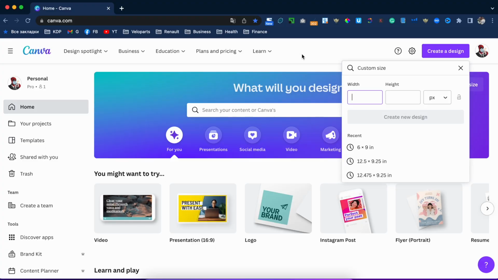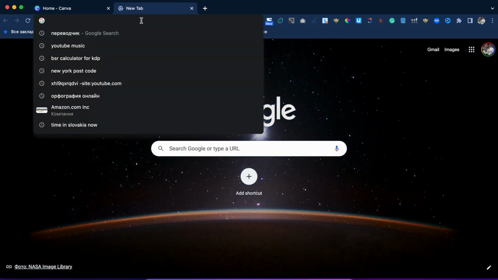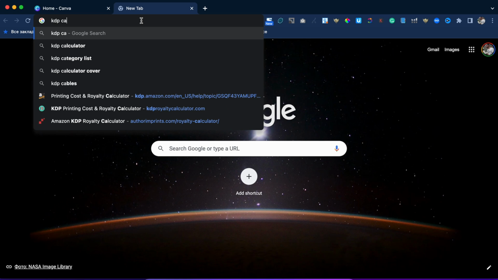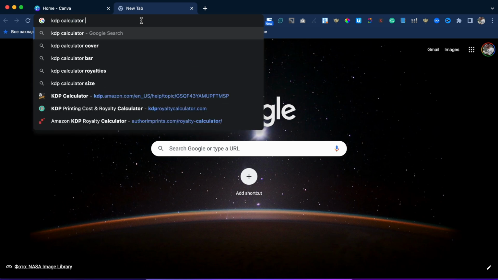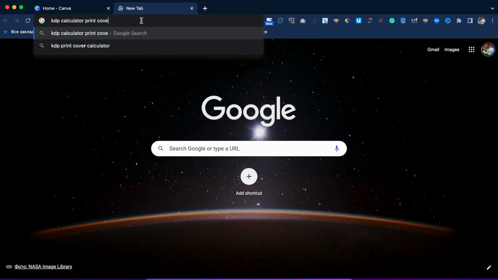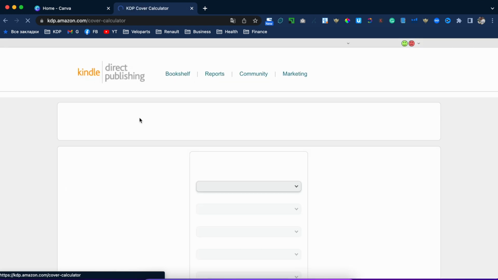That's why what we should do is go to Google and type KDP calculator dimension, print cover. Okay, KDP cover calculator.